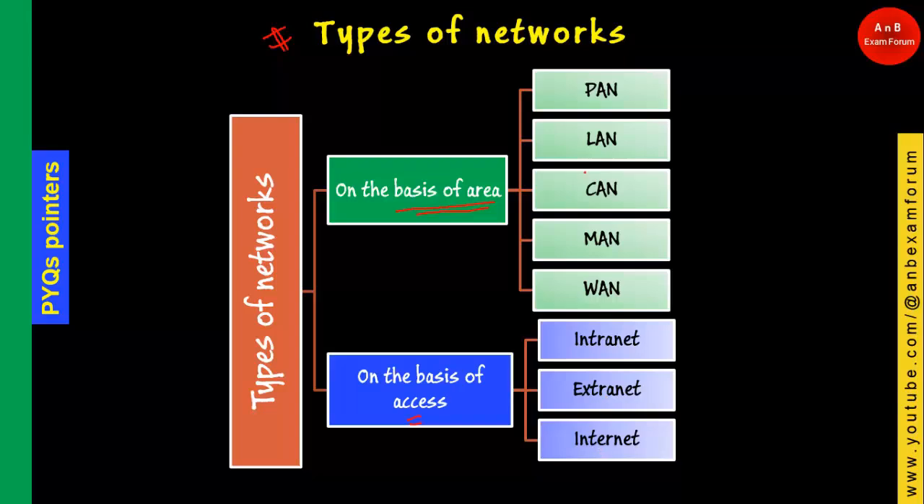Okay, and on the basis of area, we have the PAN, that is the smallest one, and this is a very important one. These are commonly asked: which type of network is the smallest one? It is PAN, that is personal area network. And in the upcoming slides, we are going to see each and every type of network. Okay, and the largest one is WAN, that is wide area network. Okay,